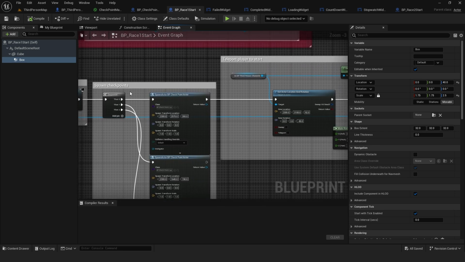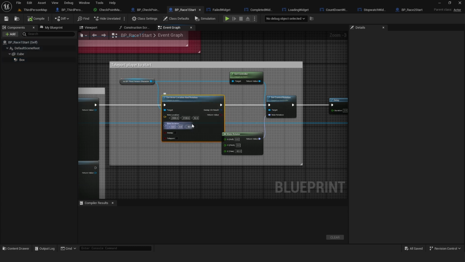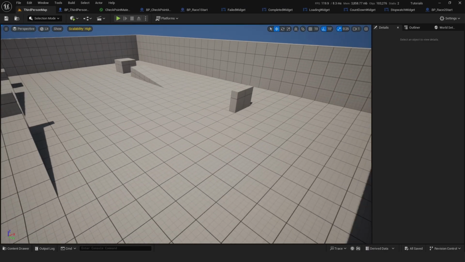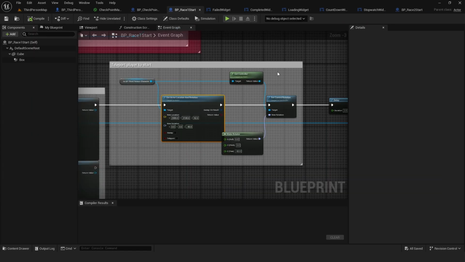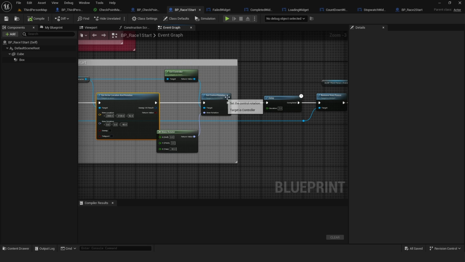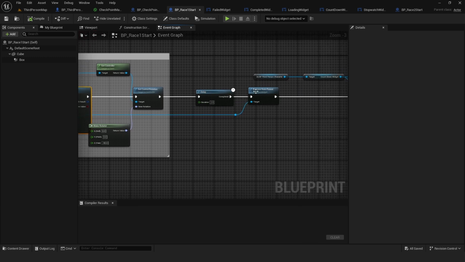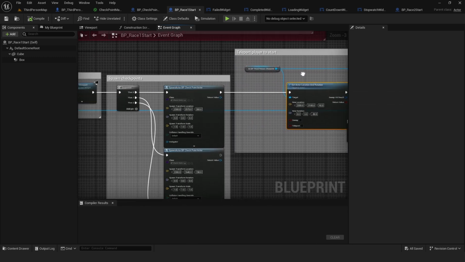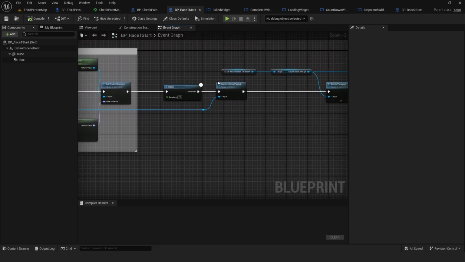Once we spawn the checkpoints, we're going to teleport the player to start. We have to set the actor location and rotation to the correct ones. So in my case, I want the player to start from here, facing this way. And we also want to set the control rotation so that the camera is also facing the correct way. After a small delay, we remove the loading screen, which we added here, from the screen,